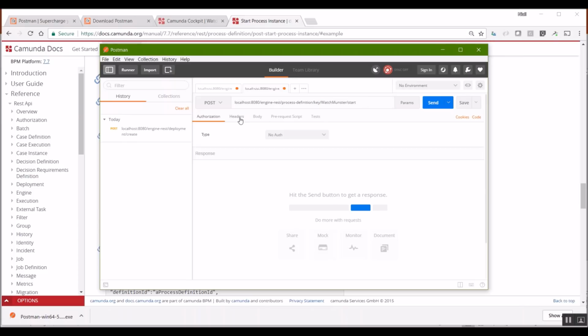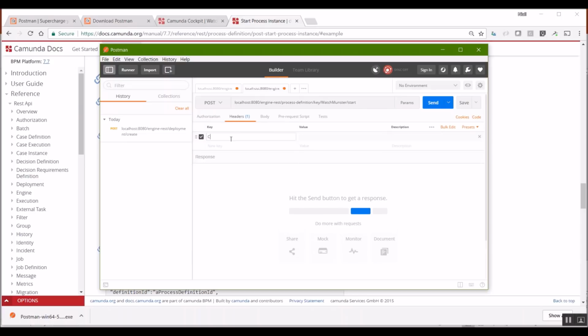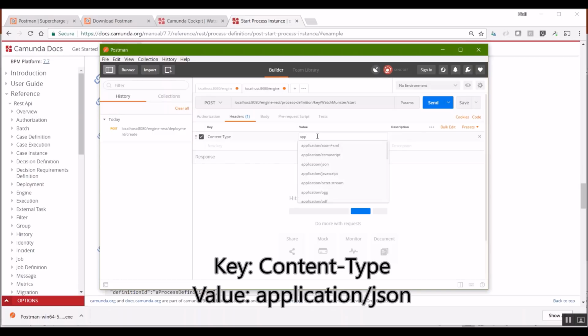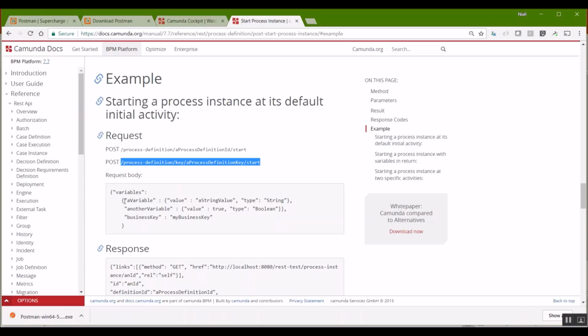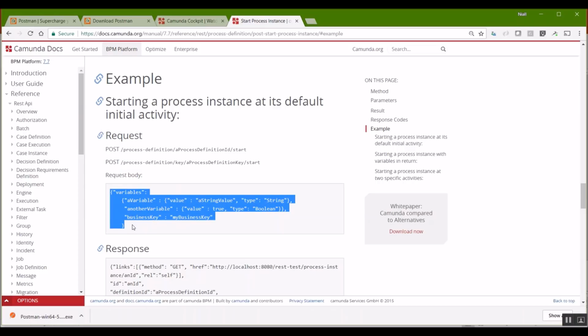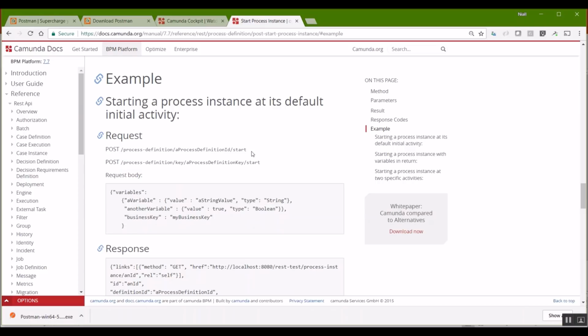Okay, just like before, we need to add a header, but this time the content type is going to be different. The content type is going to be application JSON. You can see from the docs, if we go back to the docs very briefly, that we can start this with variables if we like. I'm not going to.